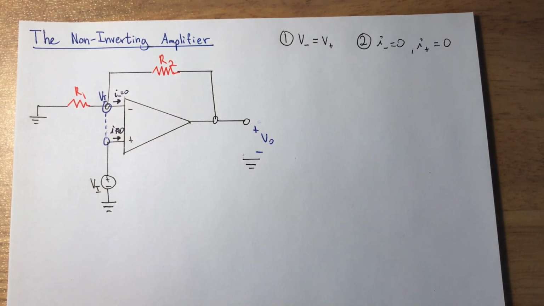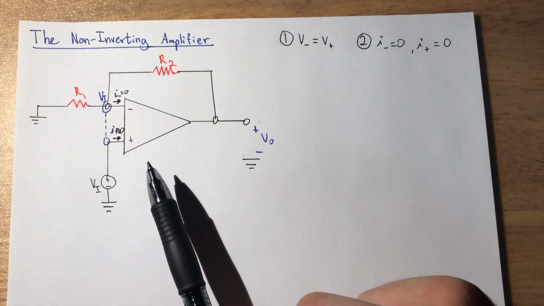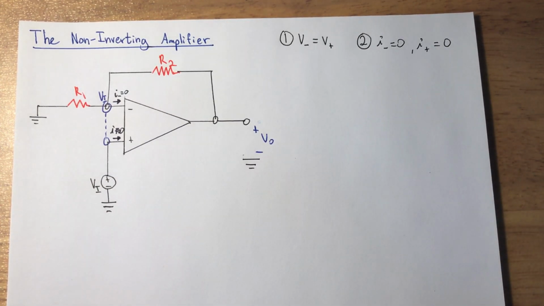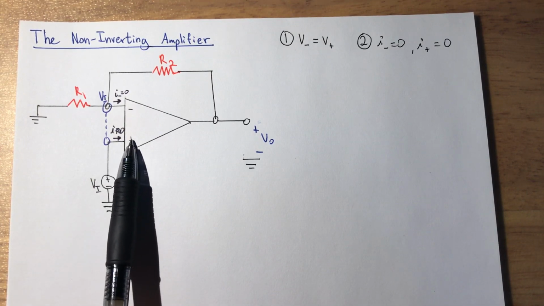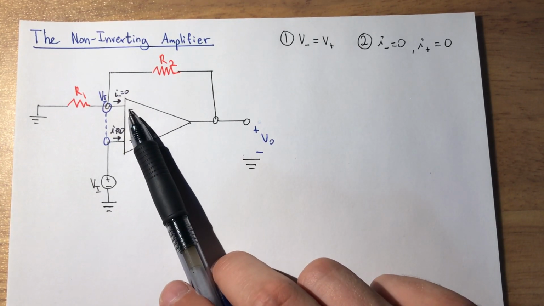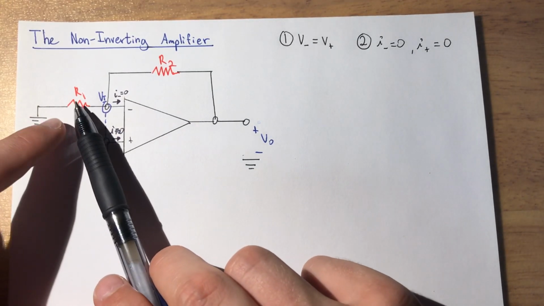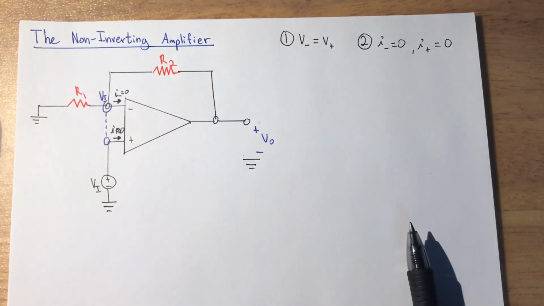Alright, so let's focus on the non-inverting amplifier. What we're going to try to do is explain how to get gain for this specific non-inverting amplifier. And notice that the voltage input is connected to the non-inverting side, and then the inverting input is grounded. The resistors are still there as for the inverting configuration,